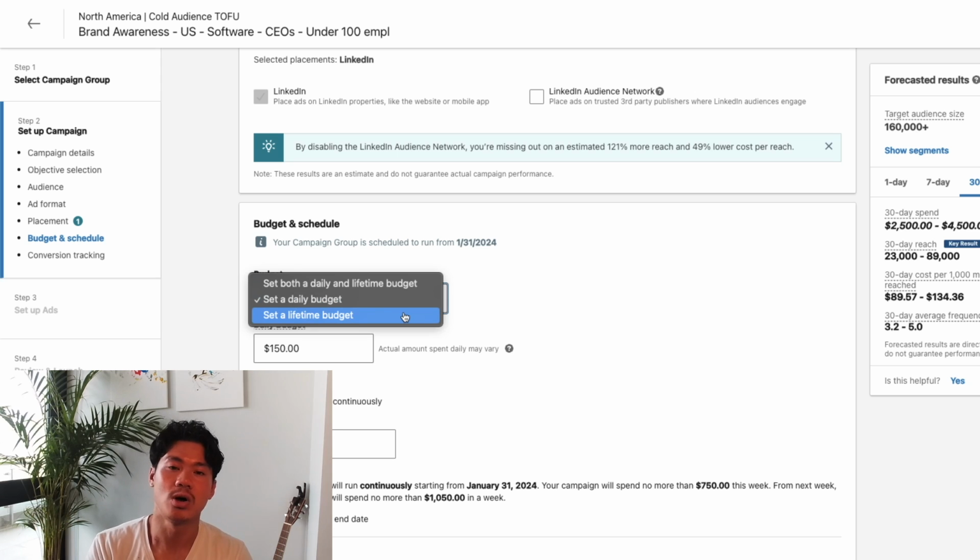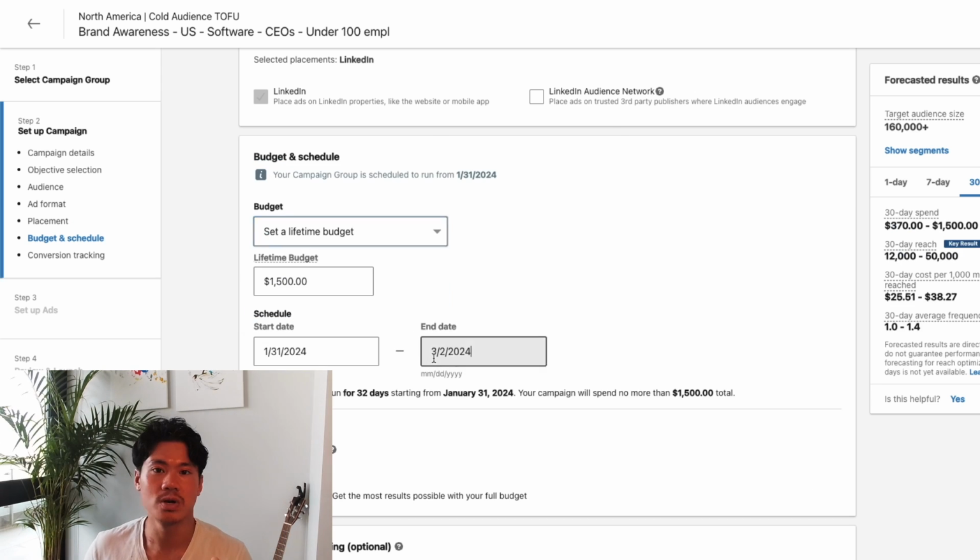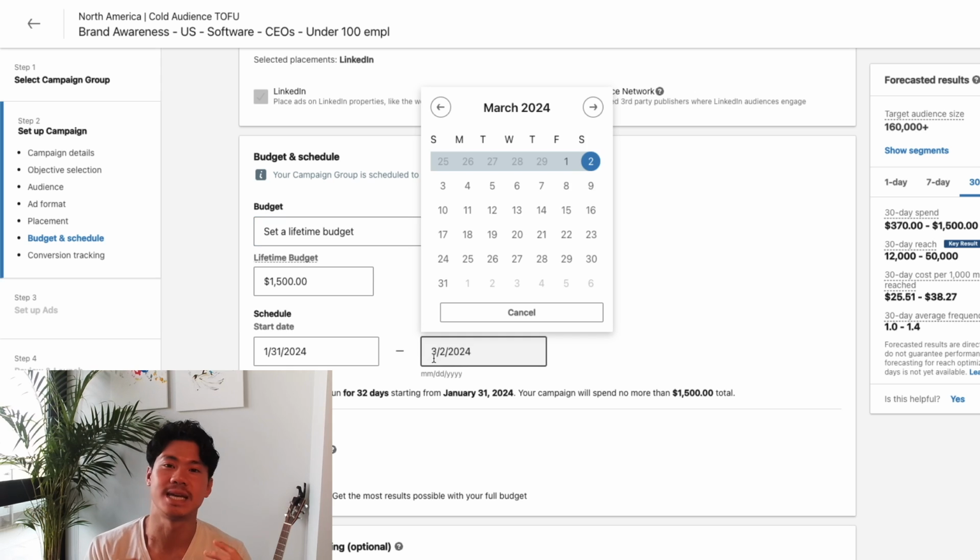Other options that you can also have is setting a lifetime budget. And the reason why a lifetime budget might be good is because it's almost like a security check. Because in case you just kind of forget that one of your campaigns has been going on, you could eventually realize a year later, it's like, damn, I've been spending $100 a day on this campaign and never even realized.